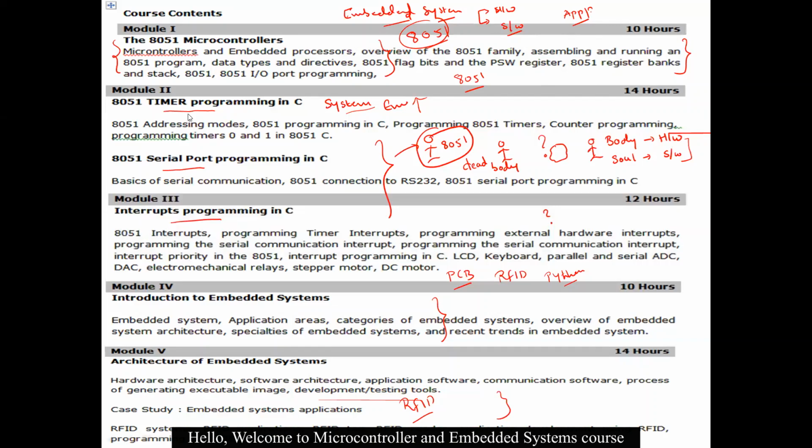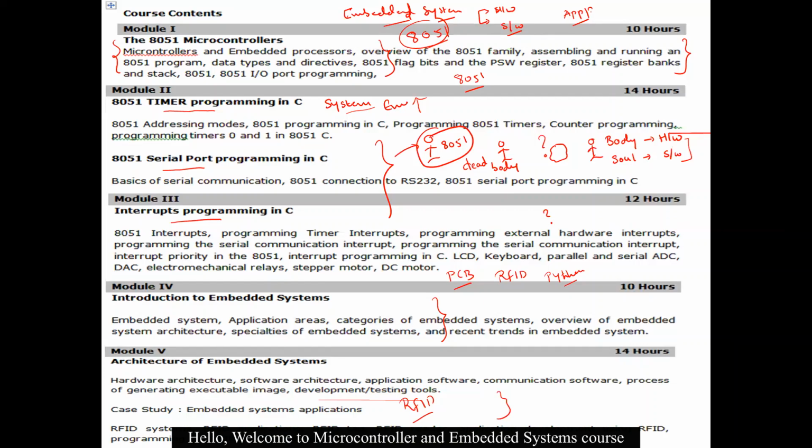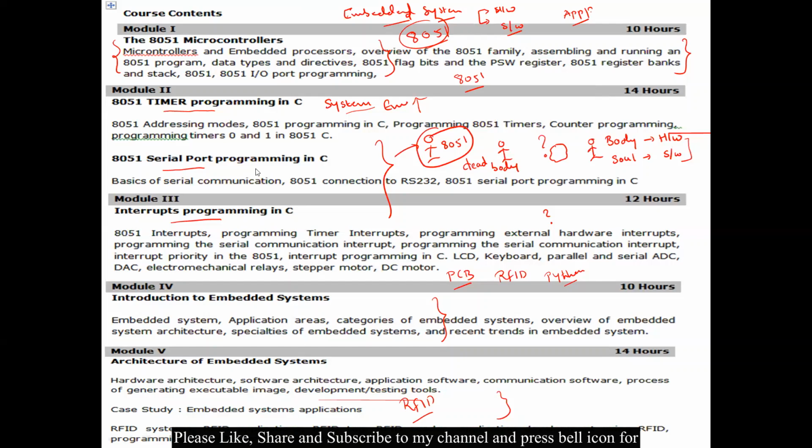And the second main feature of 8051 microcontroller is serial port programming. Serial port programming here means, if I want to connect a peripheral device to the 8051 microcontroller, how will the microcontroller communicate with the peripheral device, how to interface that through the serial port? So the exchange of data between the microcontroller and the peripheral devices will be of type serial communication, right? So we have only one serial communication port available in 8051. So that we will again see in module number 2.